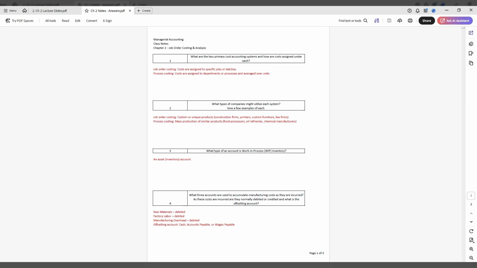Process costing and job costing, chapter 2, we're talking about job costing right now. And so in job order costing, that's where the costs are assigned to specific jobs or batches, large unique ones. And then process costing, the other primary cost accounting system, is where we are applying costs to departments or processes